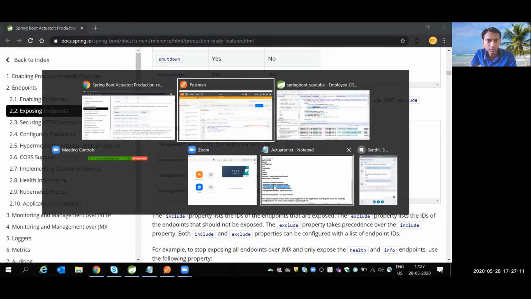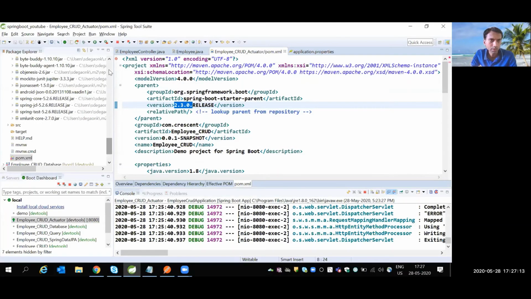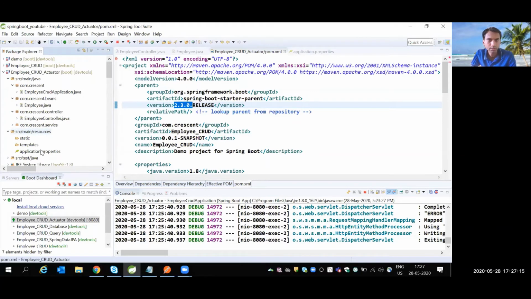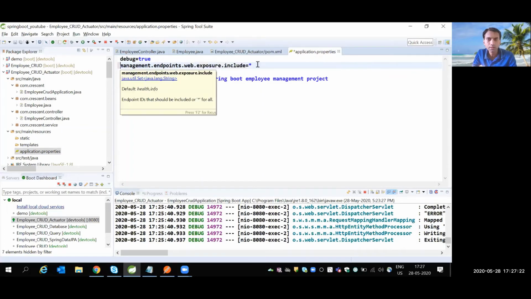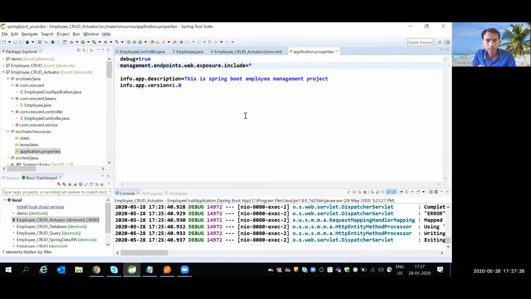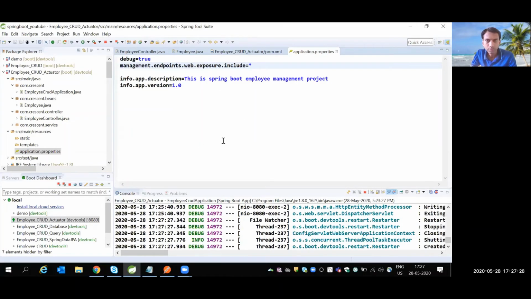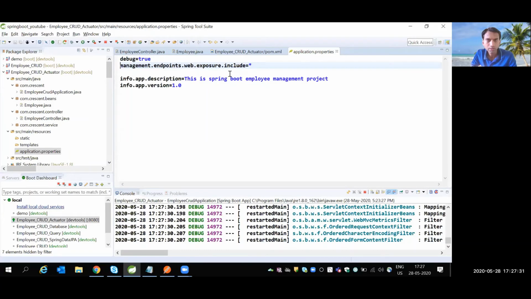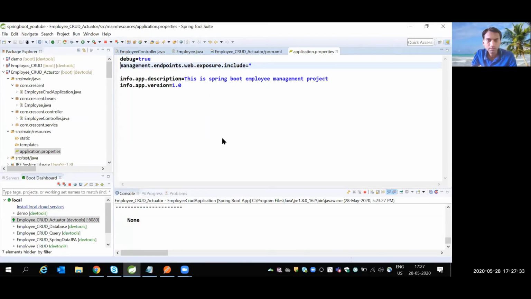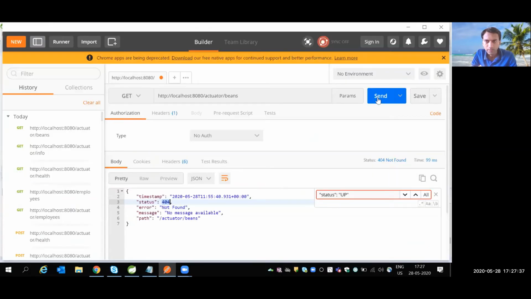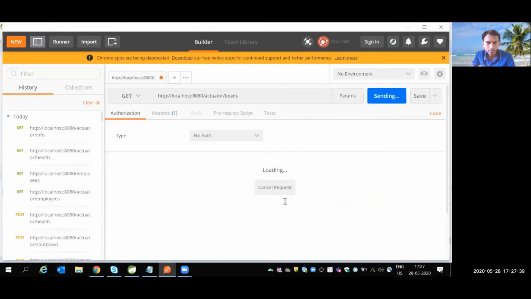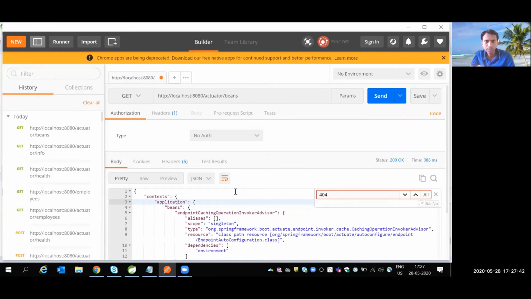To enable all the endpoints, in application.properties you can write management.endpoints.web.exposure.include equal to star. I enabled the same thing. Now this time I'm not getting any error message.